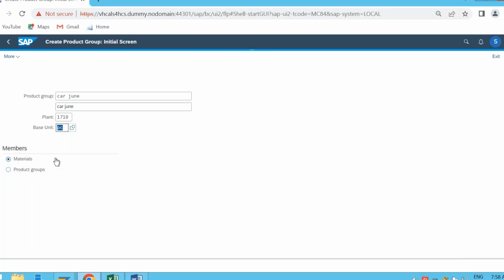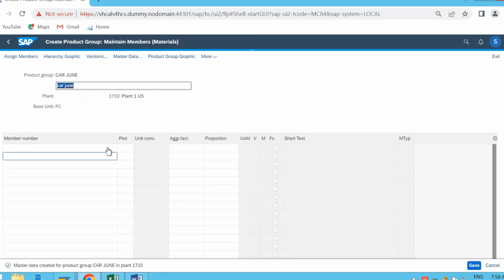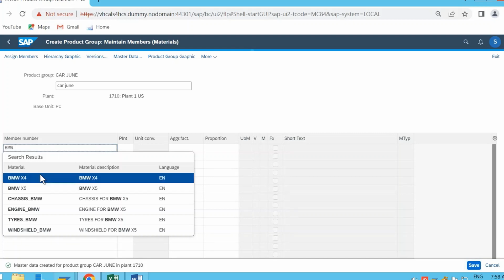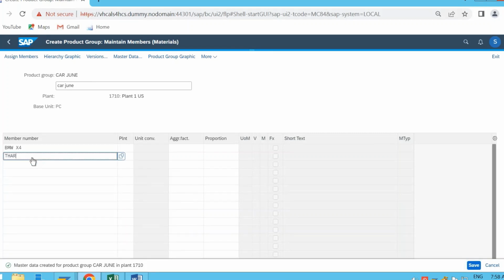So we are going with materials. Now the product group name is car June, and then I can add material over here, BMW X4, and then we have Thar